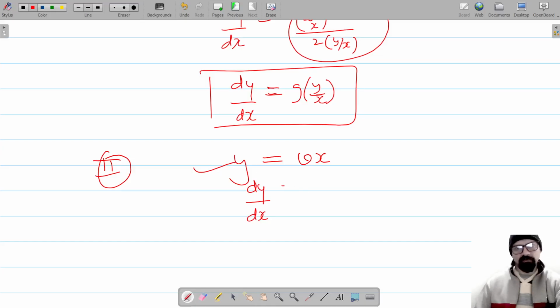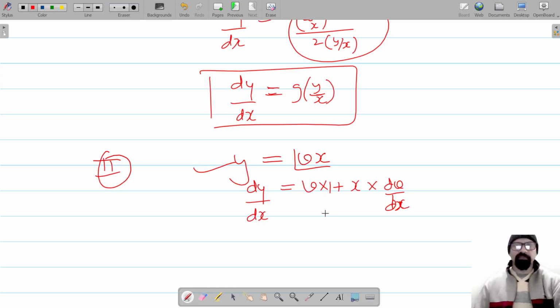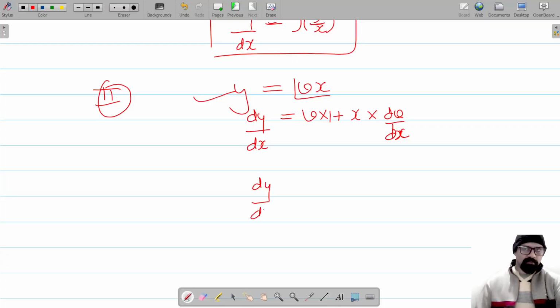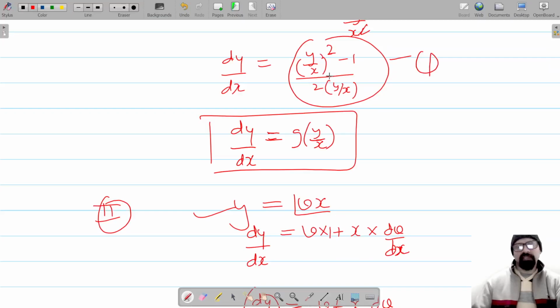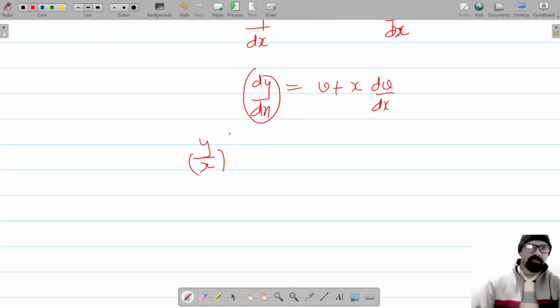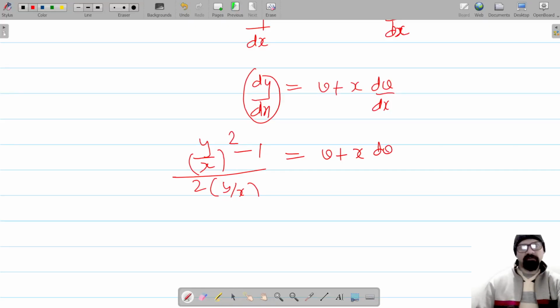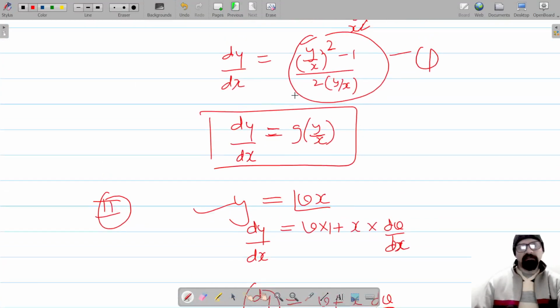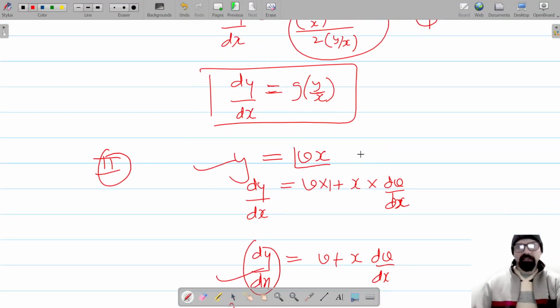अगर इसको differentiate करें with respect to x, तो यहाँ लगाएंगे प्रोडक्ट रूल, तो v into differentiation of x1, x into differentiation of v which is dv by dx। तो ये बन जाएगा dy by dx बन जाएगा v plus x into dv by dx, और dy by dx ऑलरेडी हमारे पास इधर है, तो ये है y अपॉन x, यहाँ ये बन जाएगा dy अपॉन dx, y अपॉन x द होल स्क्वायर माइनस वन अपॉन टू इंटू y बाई x इज इक्वल टू v प्लस x इंटू dv बाई dx। ये dy बाई dx हम ऑलरेडी यहाँ निकाल चुके हैं, y बाई x।